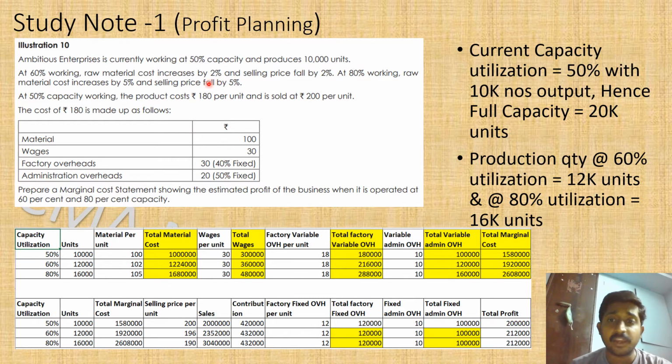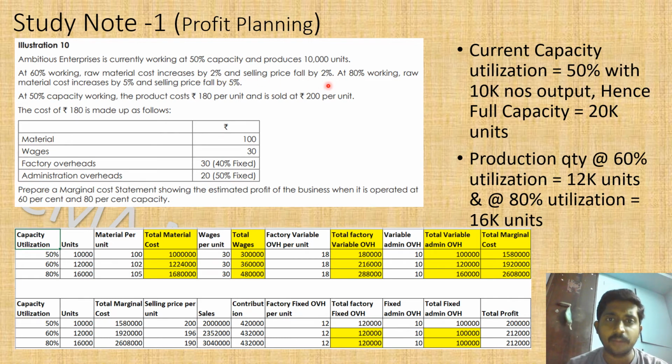One supplier may quote 1 or 2 rupees extra, another supplier may quote a little bit more, because their location is in a higher rented commercial area, or they may have highly paid employees. So there will be a price difference between the vendors. To increase from 50% capacity to 60% capacity, they have to procure more raw material, of course. So here there is an increase in the material cost. I just gave the common sense reason behind this increase in raw material.